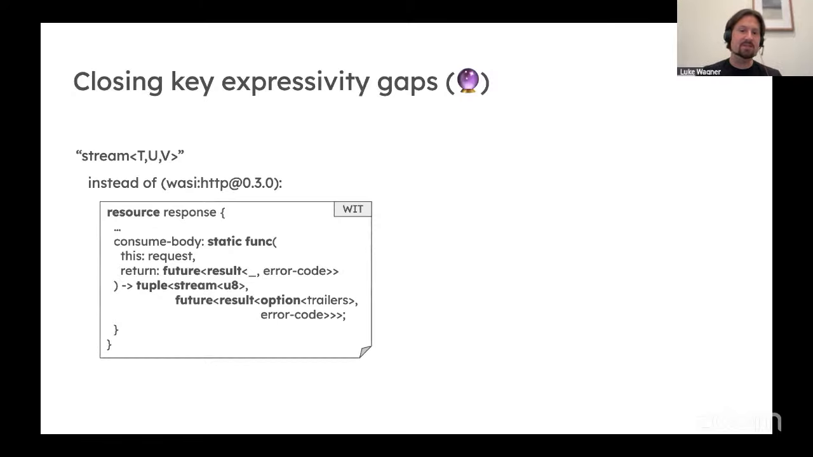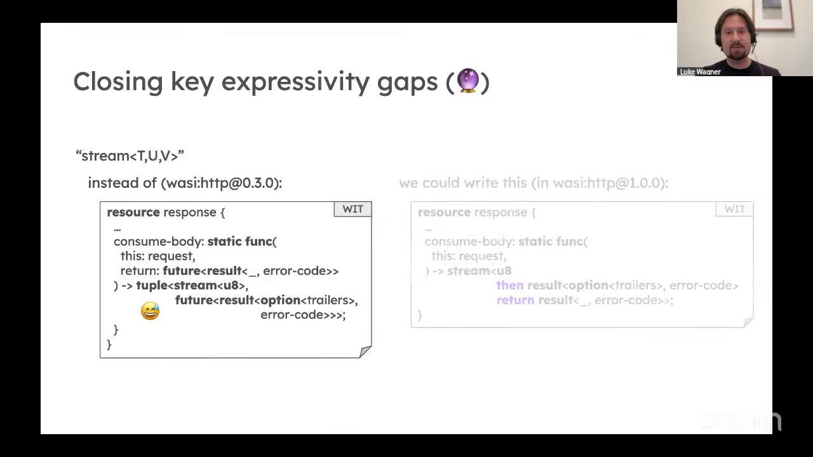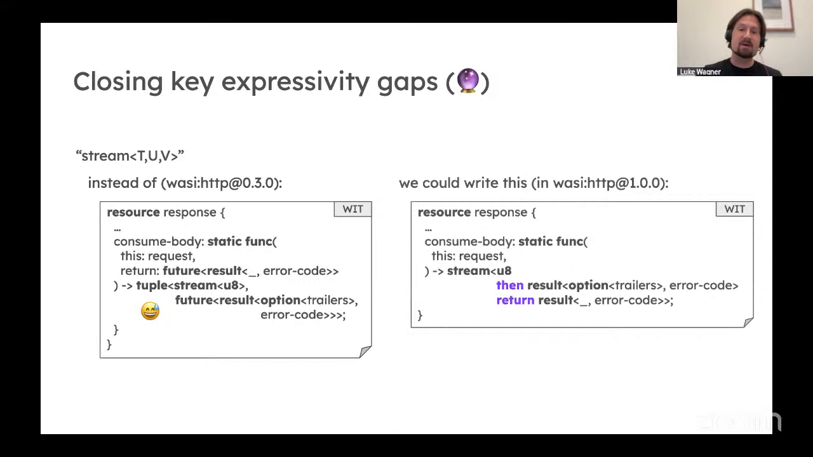So here we're returning a stream of bytes along with a future that resolves after the stream is done with either the optional trailers or an HTTP error. But we also want the consumer to be able to pass an error back to the producer. And so we have this extra return future as a parameter to the function. But the net result is that it's sort of hard to make sense of this function when you just look at the WIT. So the idea is that instead, we could write this, where our consume body method just returns